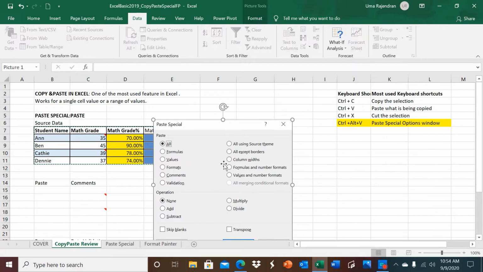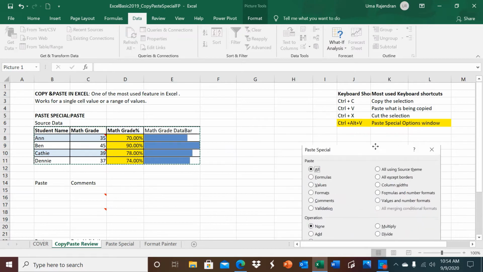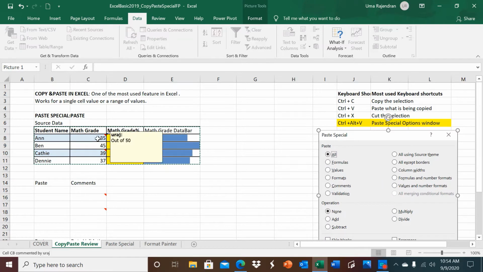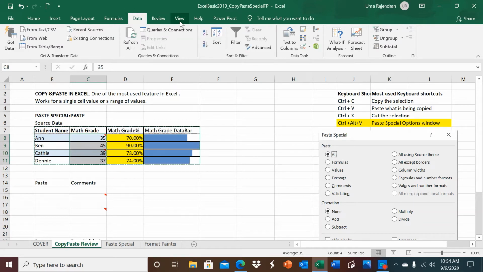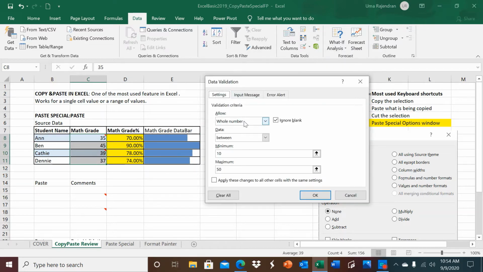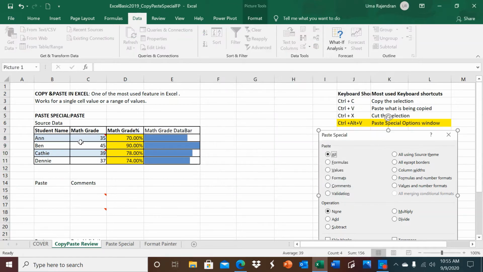And now I have a data validation under these four cells here. We will double check. We will go to the Data tab and go to the Data Validation tool to make sure. So I have this criteria as all these cells should be whole numbers, and the condition is between, and the minimum 10 and maximum 50. So we will select it,